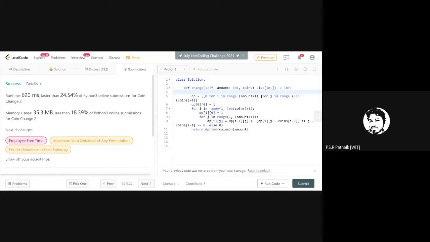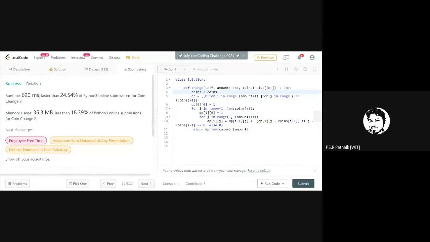Do you agree with that? So how do I sort it in reverse order? If I keep this list of coins in sorted order, O of n log n, if I consider the best sorting algorithm as O of n log n, I think.